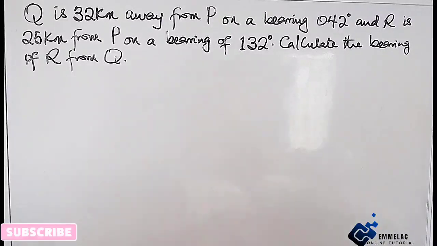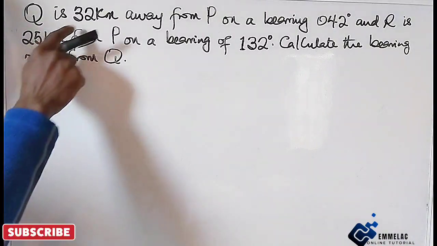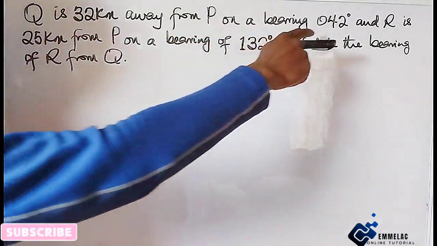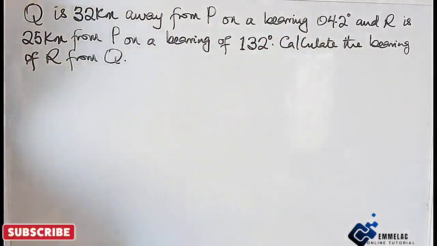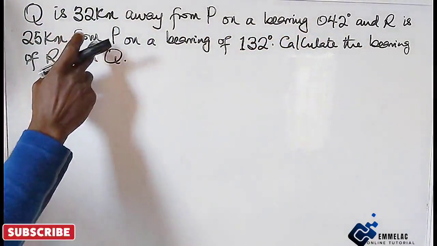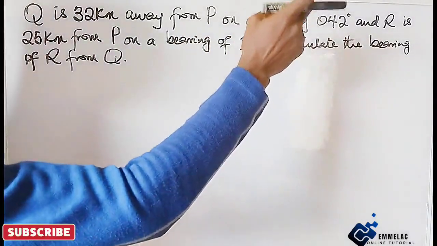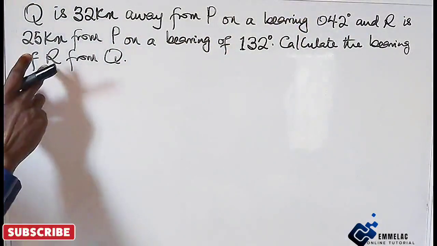Welcome to Emilac online tutorial, and before us is this question in bearing and distance. It says Q is 32 km away from P on a bearing of 042 degrees, and R is 25 km from P on a bearing of 132 degrees. Calculate the bearing of R